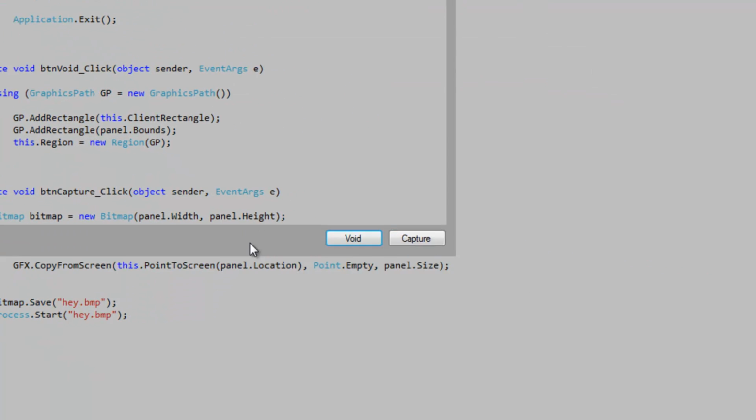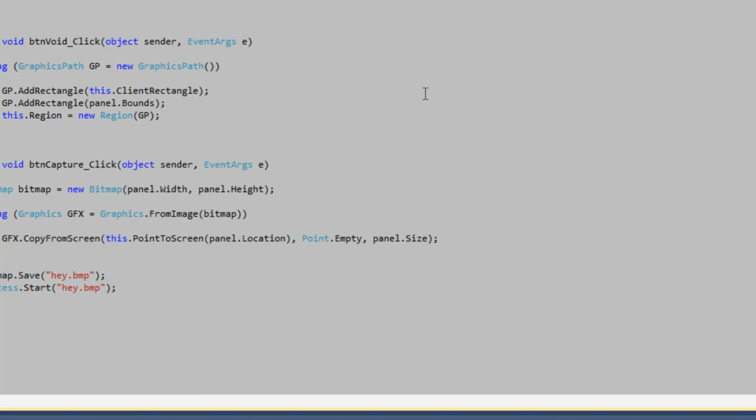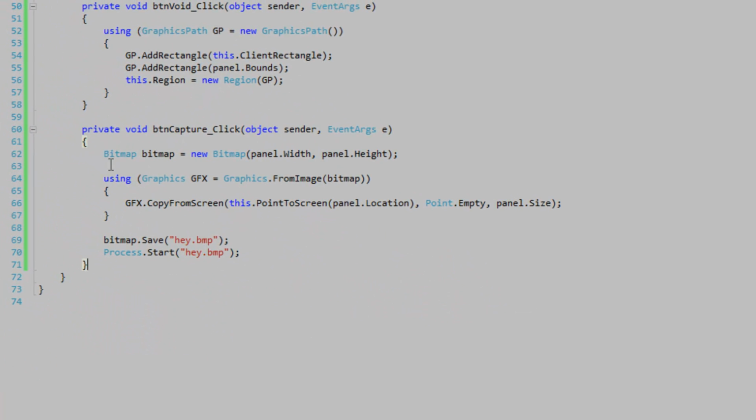So void, there it is, and capture. And down here I'm just creating a new bitmap, and I'm going to create it with the panel size, which is our rectangular region that we're capturing. Then I'm declaring a graphics object, creating it from that first bitmap that we created, and then we're going to use GFX copy from screen, and we're going to convert the location of the panel to screen coordinates using the